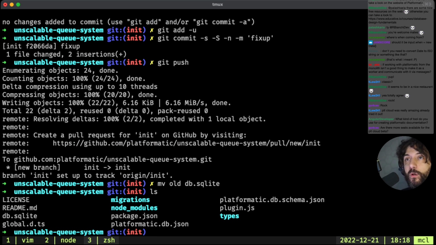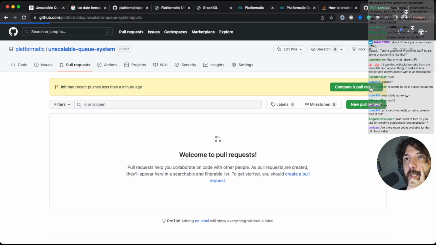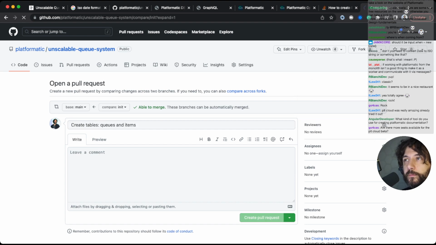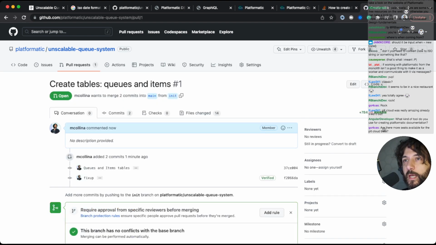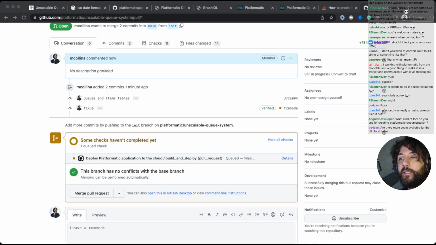So let's go to Chrome and hopefully everything is working correctly now. And I can go and compare my pull request and say create tables, queues, and items. Okay, and it's opened. Let's see if it runs.